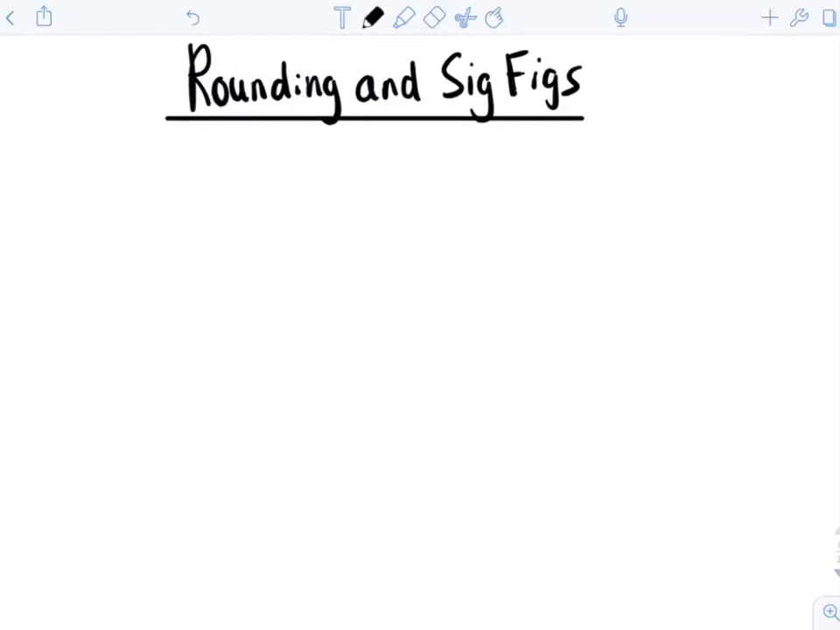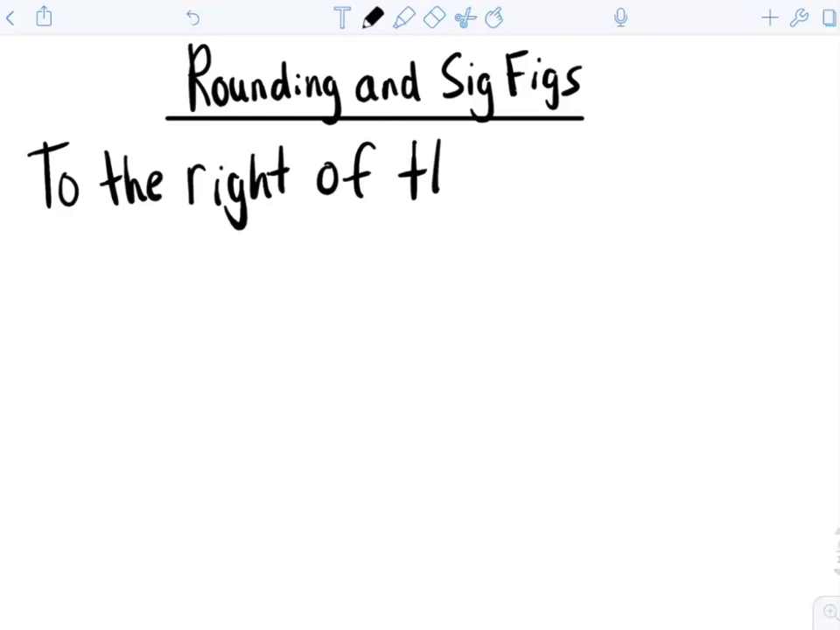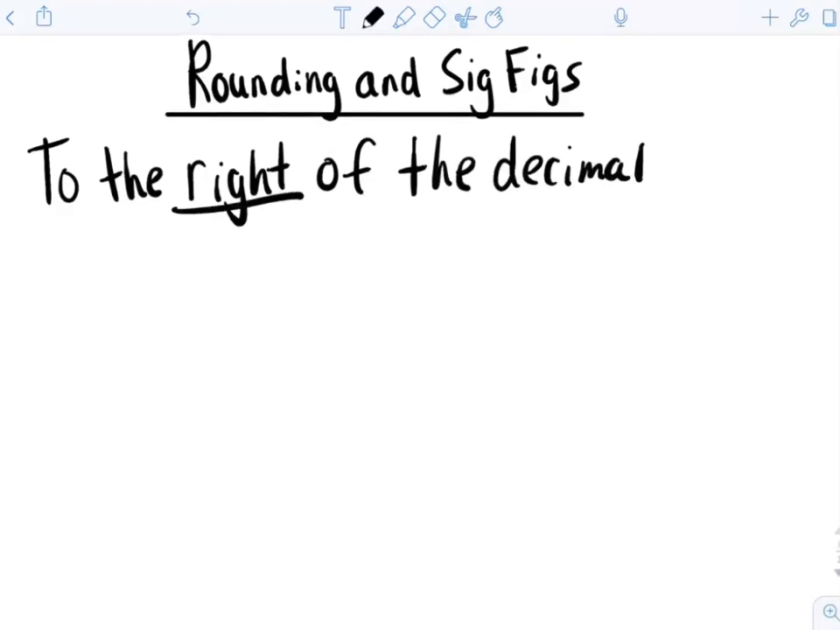Hey everyone, in this video we are going to be talking about doing math with our significant figures. But in order to do that, we first have to talk about rounding with our significant figures. So if I am rounding to the right of the decimal, let's say we were told that we needed to round to 3 sig figs,